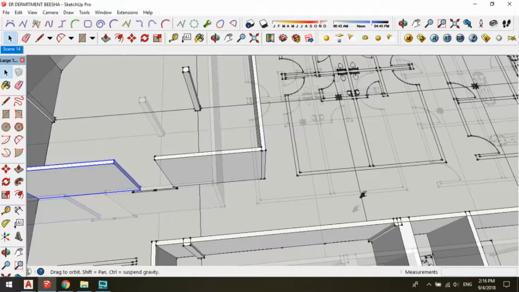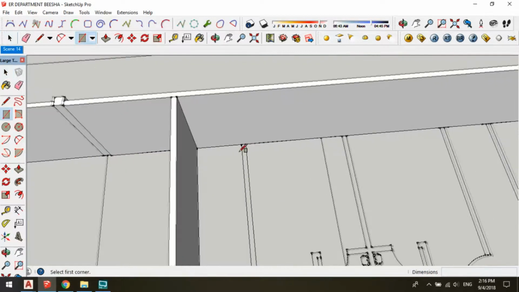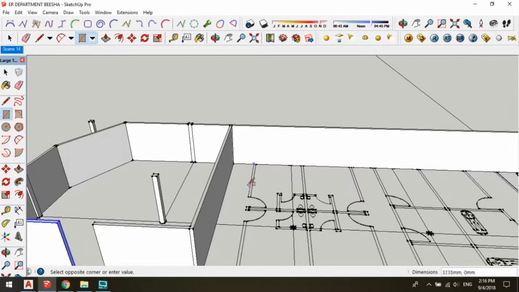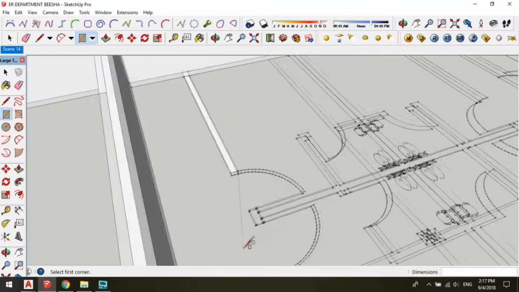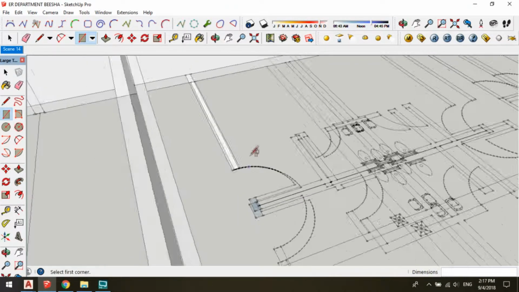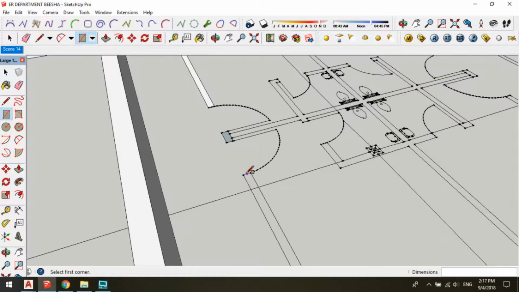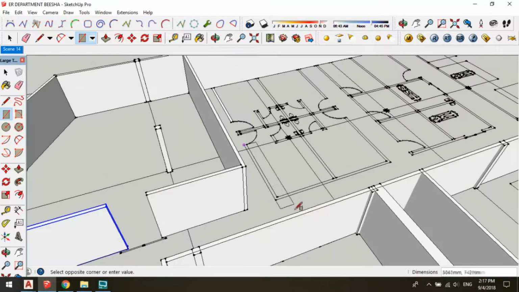So it's a hospital actually. It is an emergency department. So right here,